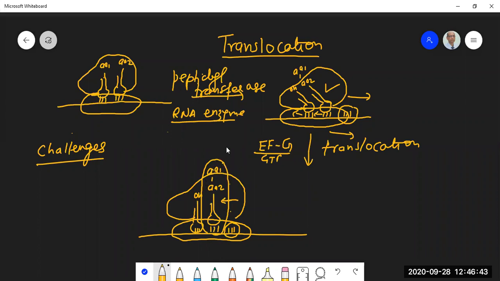And now this is called peptidyl tRNA, this is called deacylated tRNA, and the A site now occupies a new codon. So this completes one cycle. This is one cycle of protein synthesis. So now what will happen? Who will bring the amino acid tRNA? It will be brought in by EFTU. EFTU will bring in a new amino acid tRNA at the A site.